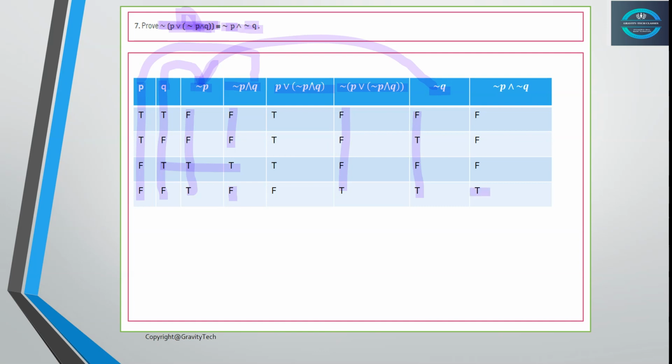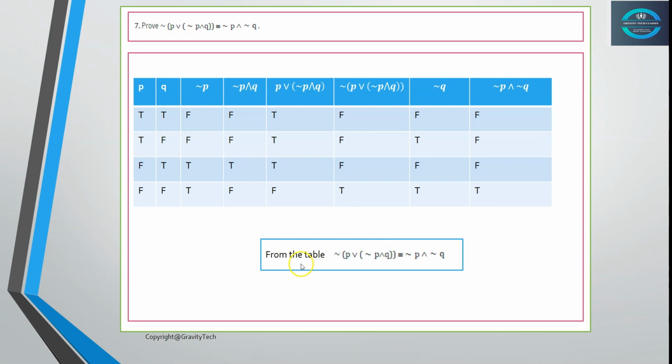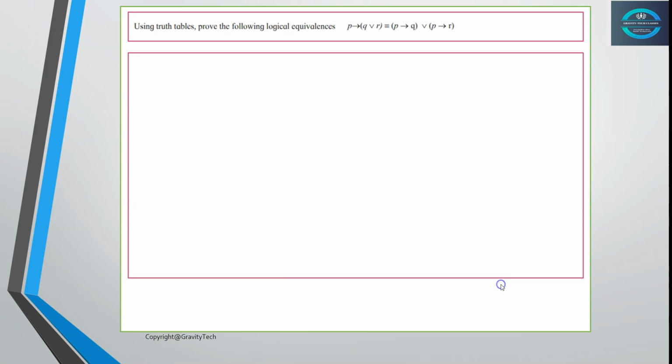So this will only be true, otherwise everything else will be false. Now if you look at this part, this column is F F F T and then this one is F F F T, right? Both columns are the same. That's why this pattern and this pattern are equivalent. Easy. So this is how you can prove the logical equivalence of the two statements. So from the table it is proved. Yeah. Next,